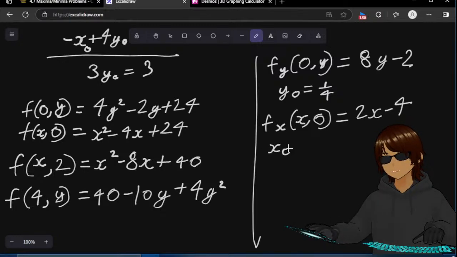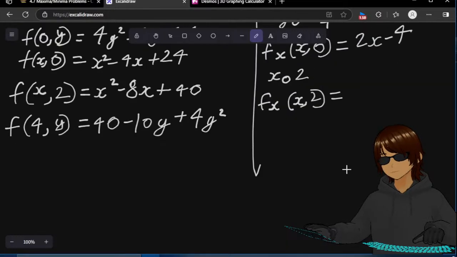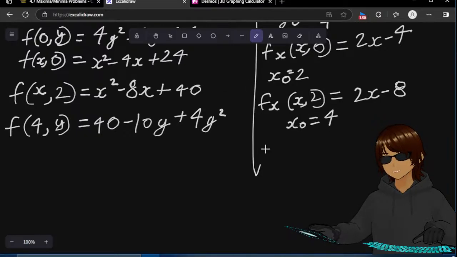So the critical point here would be 2. Critical point here would be 4. And then lastly,